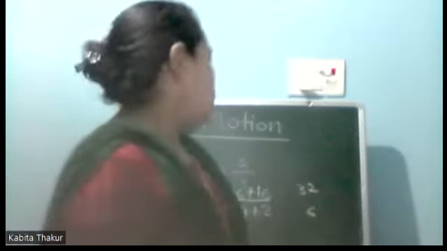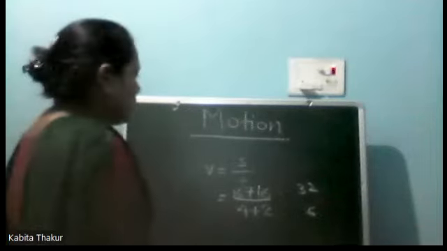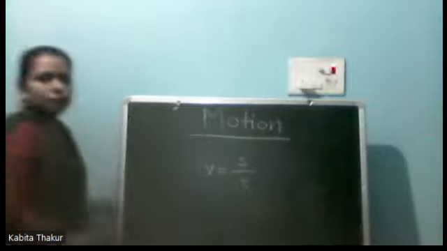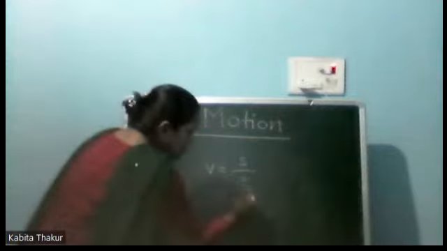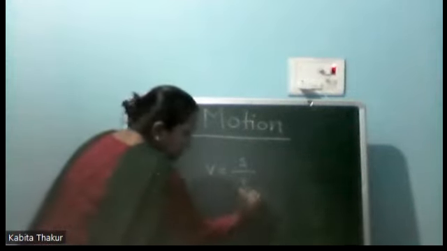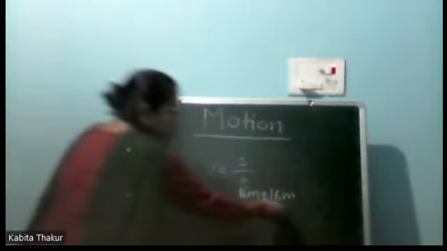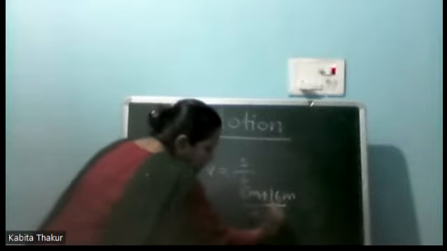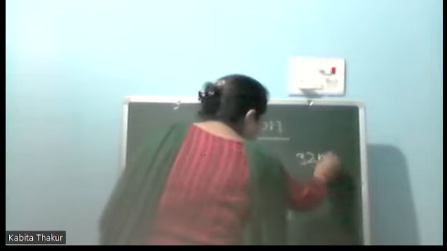Average speed को हम लोग कैलकुलेट करने के लिए क्या किए? We know that whenever an object covers a distance, it is indicated in the unit meter or kilometer. So in your book it is written that it is covering 16 meter. Okay, total distance covered will be 16 meter plus 16 meter. So total distance will be 32 and total time taken here mentioned 4 seconds plus 2 seconds, that is 6 seconds. Now how are we going to find out? We are going to find out in this way. It is 32 meter divided by 6 seconds. Okay, in this way we are going to find out the speed of an object.